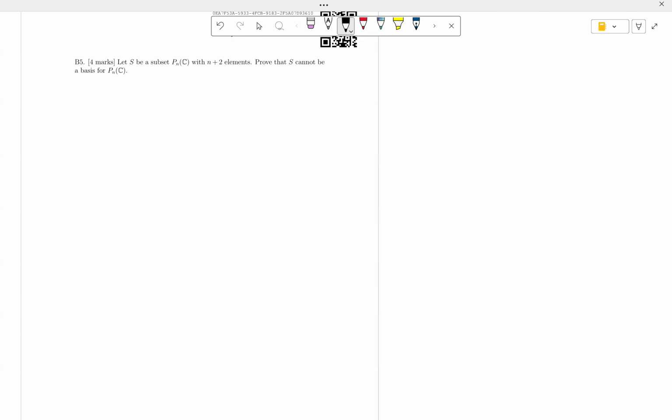Well, the big thing here we need to do is consider the set 1, x, x squared, up to x to the n, and let's call this alpha. Show alpha is a spanning set